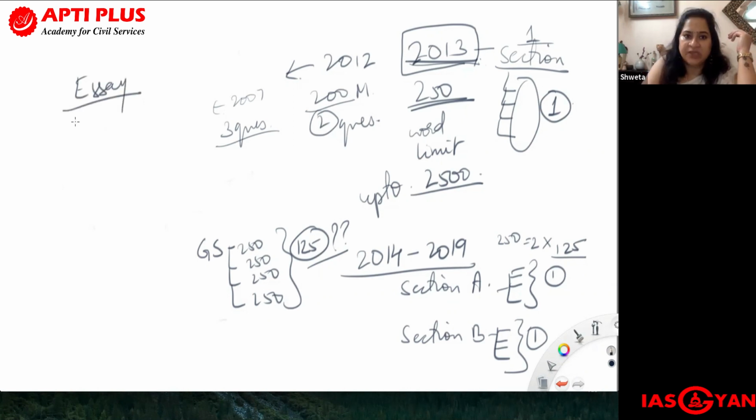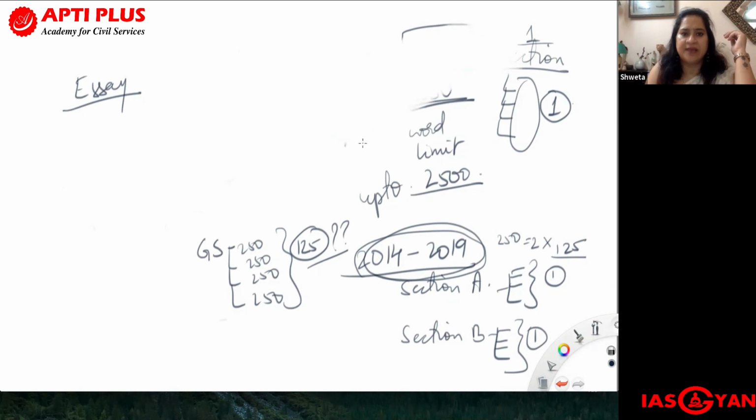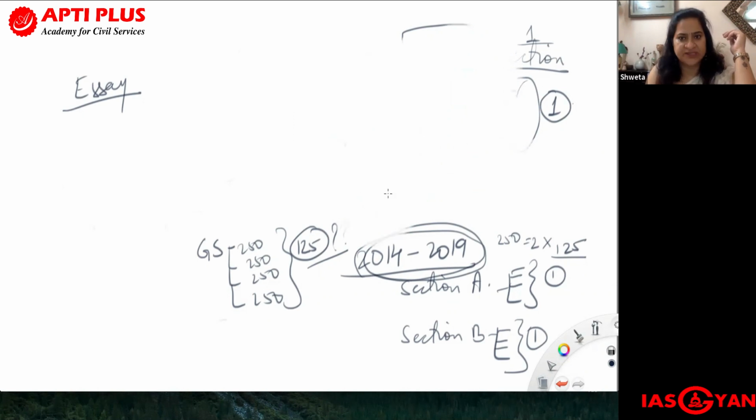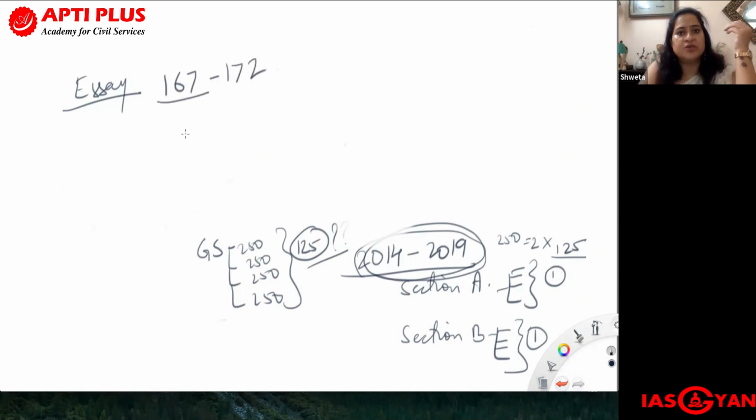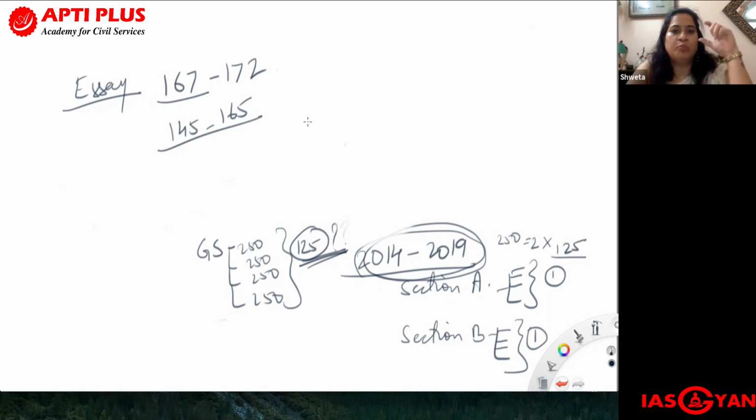In the past few years, from 2014 to 2019, on average, senior aspirants who got selected with good rank and marks have ended up scoring amazing marks in this area. On average, the toppers have scored between 167 and 172, whereas the students who got selected with good or fair ranks have scored between 145 and 165. Whereas in GS, 125 is also a big deal. So you can see the scope of getting a quantum leap is there in essay.